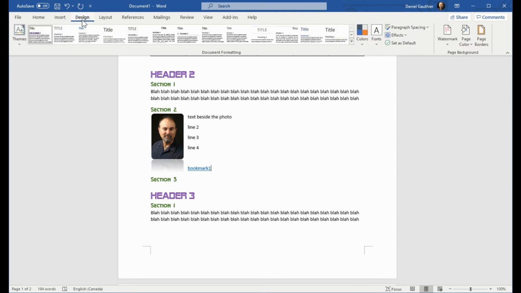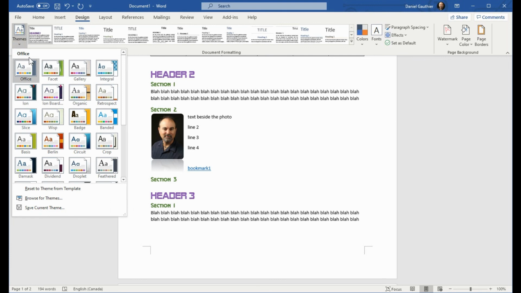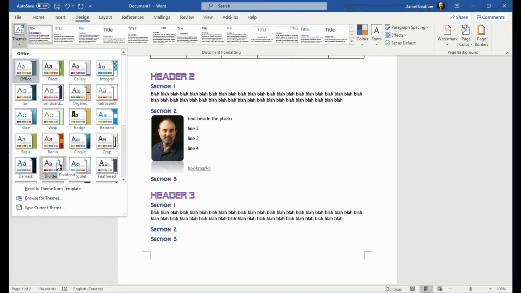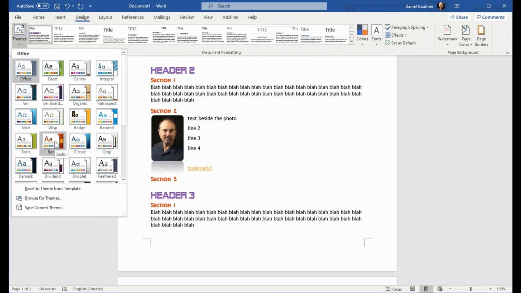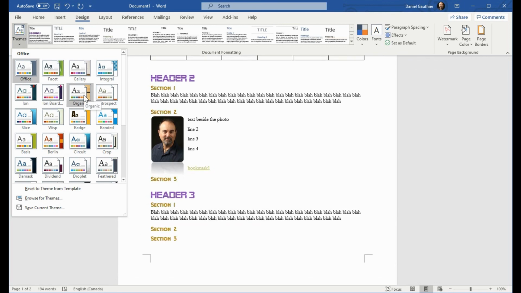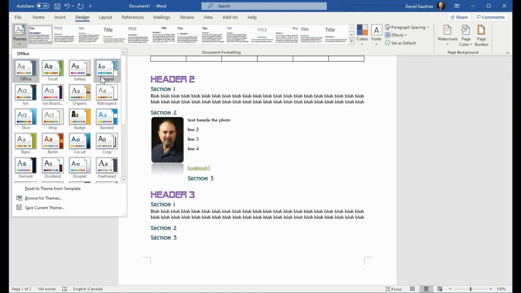Going into the design is a whole other thing now, where you can choose from a whole bunch of different themes that affect everything overall. As we hover over them, it gives you a bit of a preview, so you can see it's changing my colors, my fonts, on some of the things at least, the font style, the font size, and it shuffles some things around as well, so then they might not line up exactly the way you had them before, so you may have to modify things afterwards.